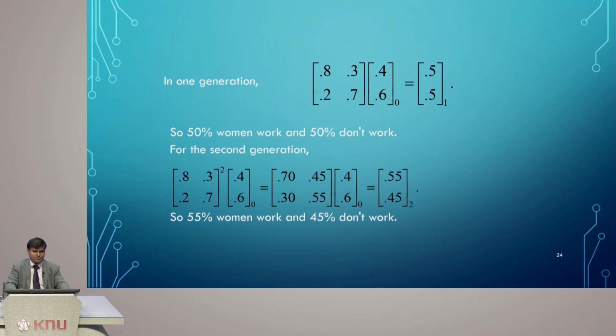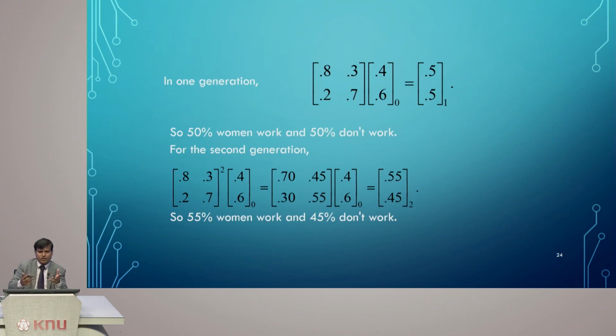As far as this Markov chain is concerned, from one generation to another you can see this has been locked, or it has been chained. The transition matrix is carried from one generation to another and so on. So, you can consider this whole process as blocked with chains. That is why we call it a Markov chain. This is one way of doing it: we are just squaring and using the initial probability to find the second generation.